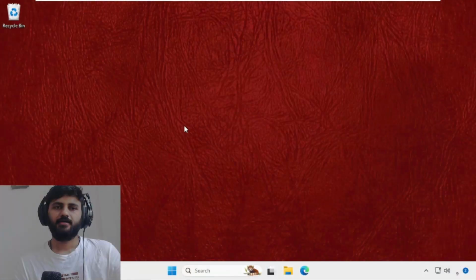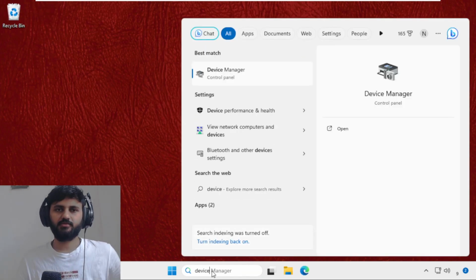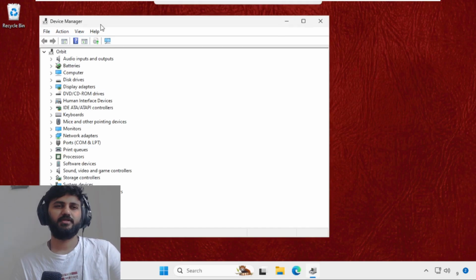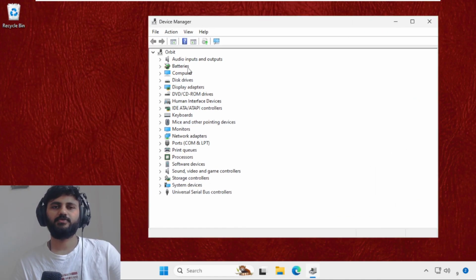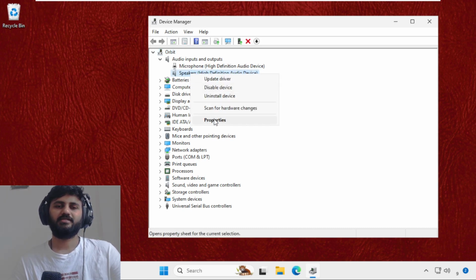Let's begin. In the first step, we need to go to the search bar, type device manager and click here to open it. Once we're here, we need to expand the audio inputs and outputs. Then right click on the speakers or microphone, select properties,